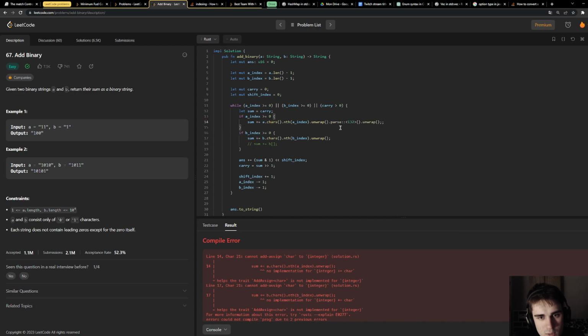Dot parse dot unwrap. That's a long line, a long transformation to take just one character from a string.